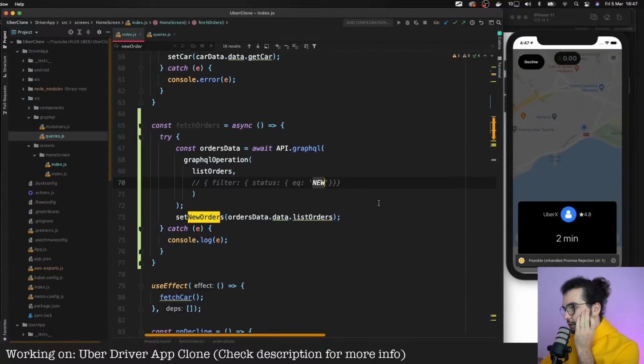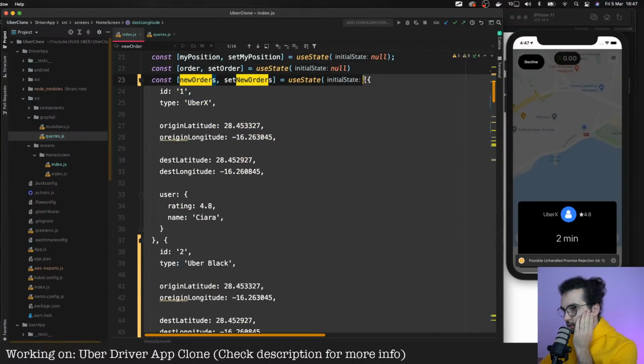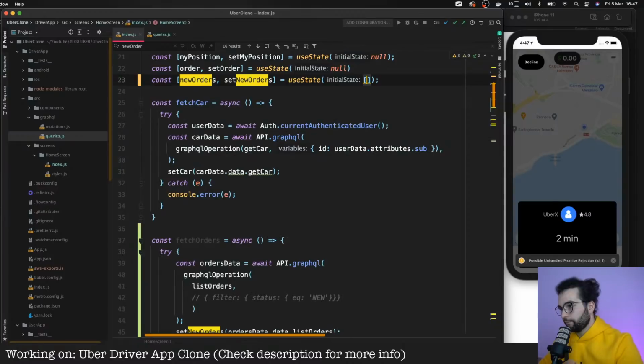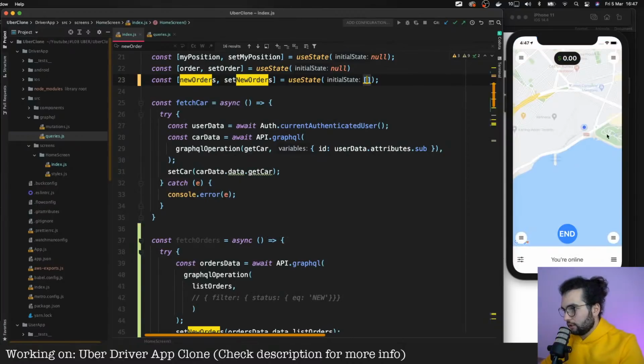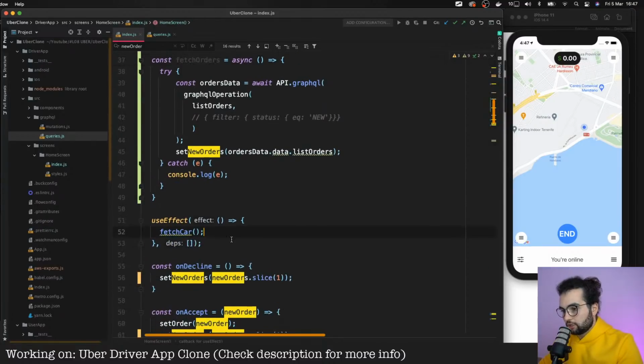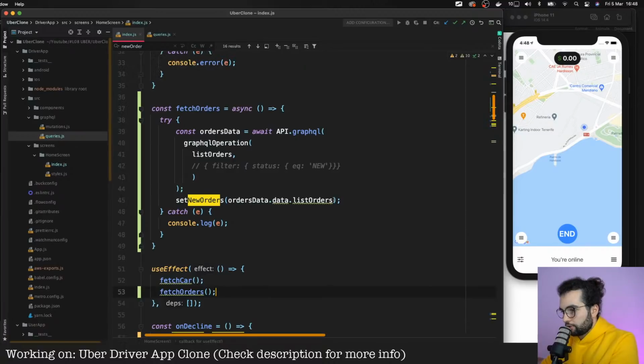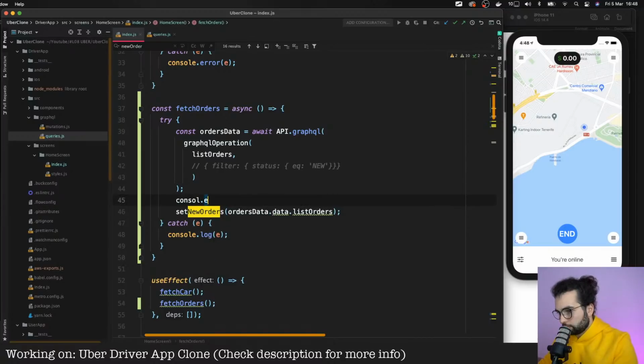Let's save. And let's think. Yeah, let's delete everything from here. Let's save now. Nothing there. Fetch order, because we didn't call fetch orders from anywhere. So I'm gonna call fetch orders here with a fetch car. Save. Waiting. Nothing is shown. Let's console log them.